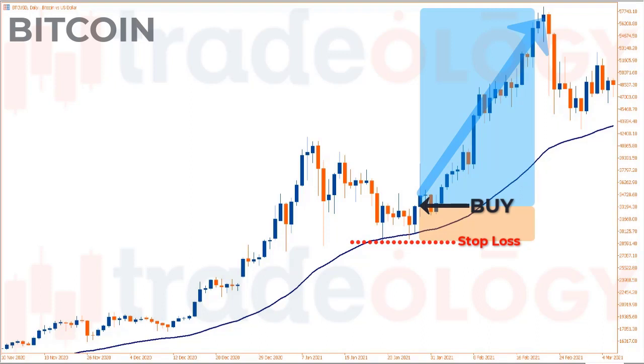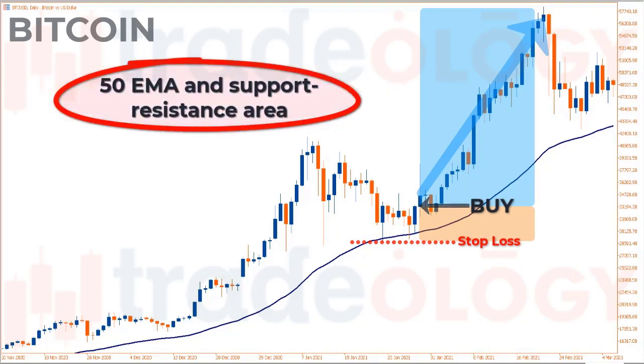So, if you can learn to combine the two, 50 EMA and support or resistance area, you have a mighty